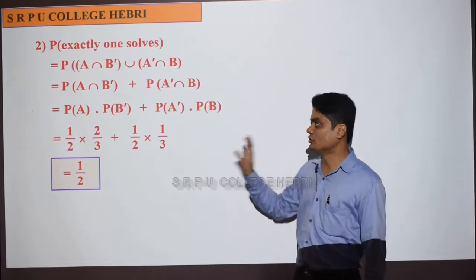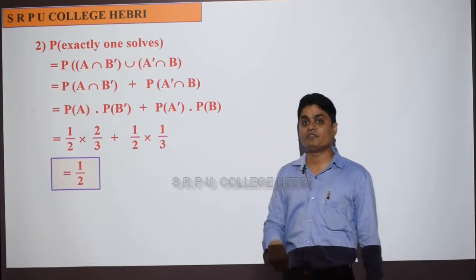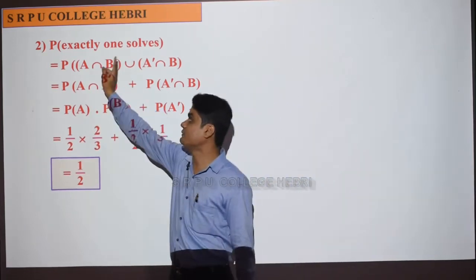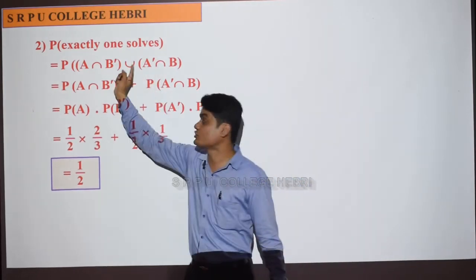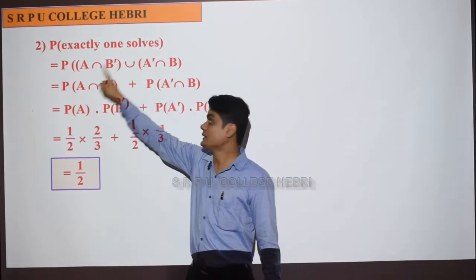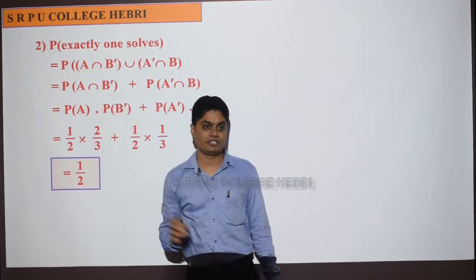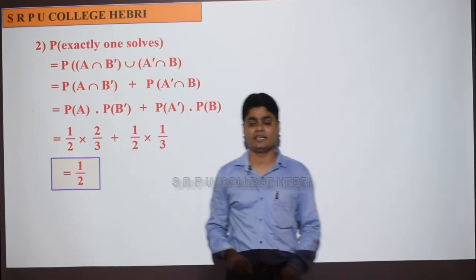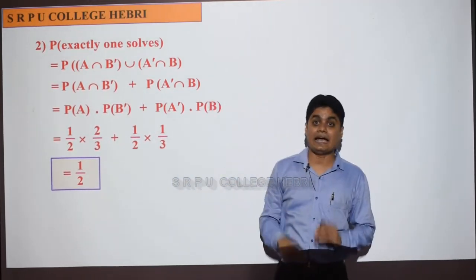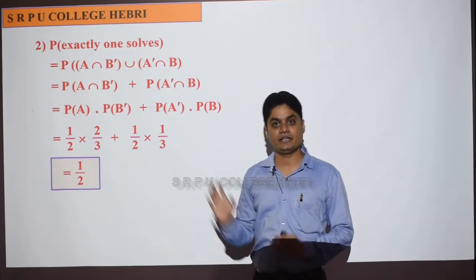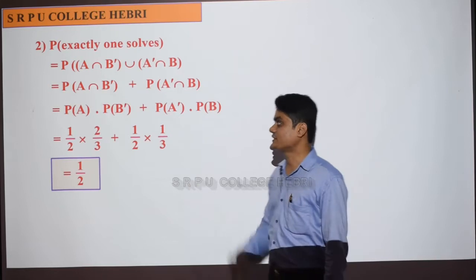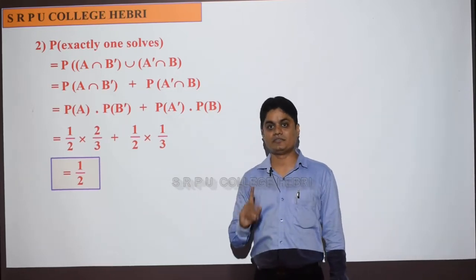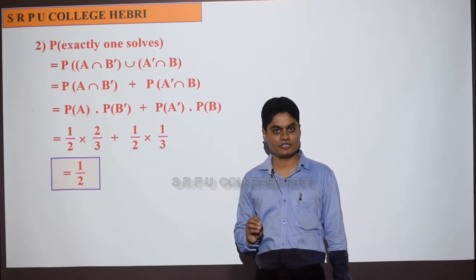Understood? So probability of exactly one of them solved means like this: A and not B, remember that. And between these two it's or, so it is union. Between these two it is and, so it is intersection. Please remember, I'm telling this from the beginning. Or means union and and means intersection. If you look at set theory, the same thing will continue in probability also. Understood? So answer is half. Please remember, this one is a very important question. I hope you understood. Yeah, very good.